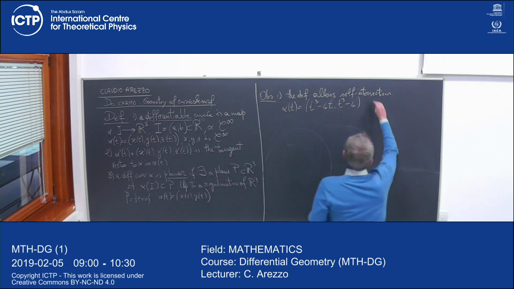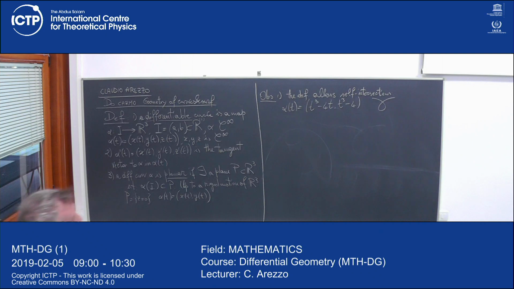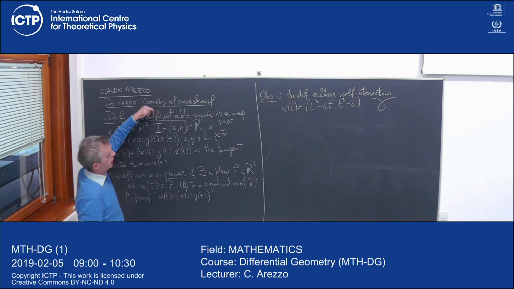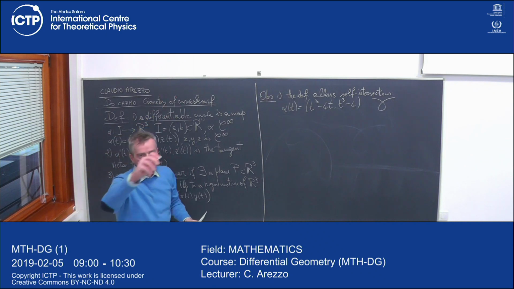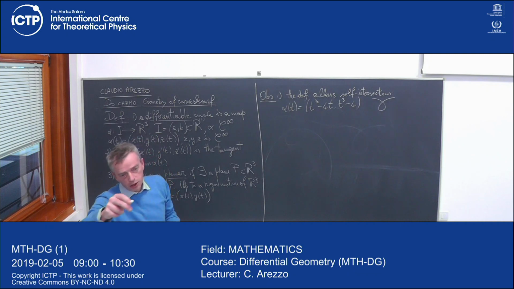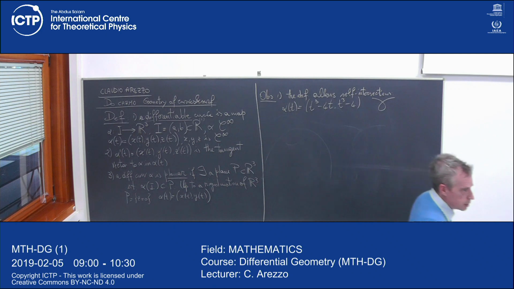Okay, of course, the answer should be something like this. But just to put it in the right position. So, technically speaking, all this was just to say, notice that in the definition I never asked alpha to be injective. So the point can pass through a point where it has already passed. Notice that in the definition there was absolutely no need for injectivity.